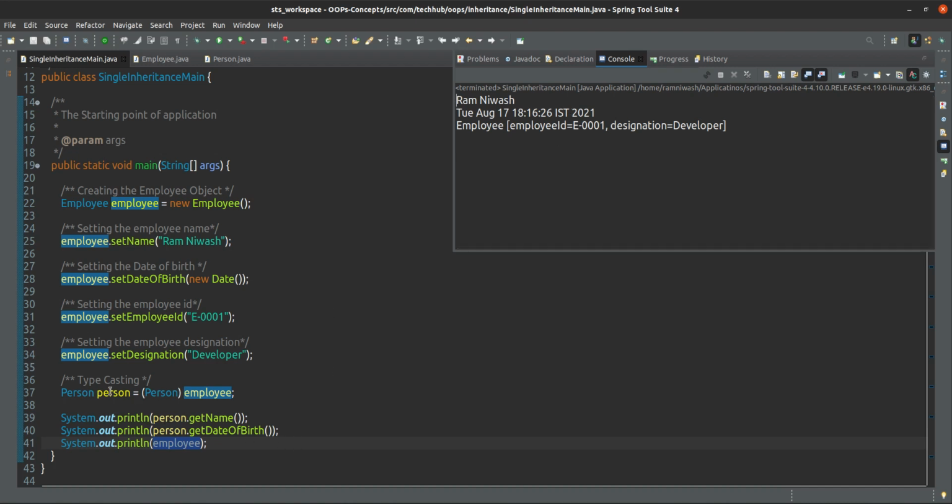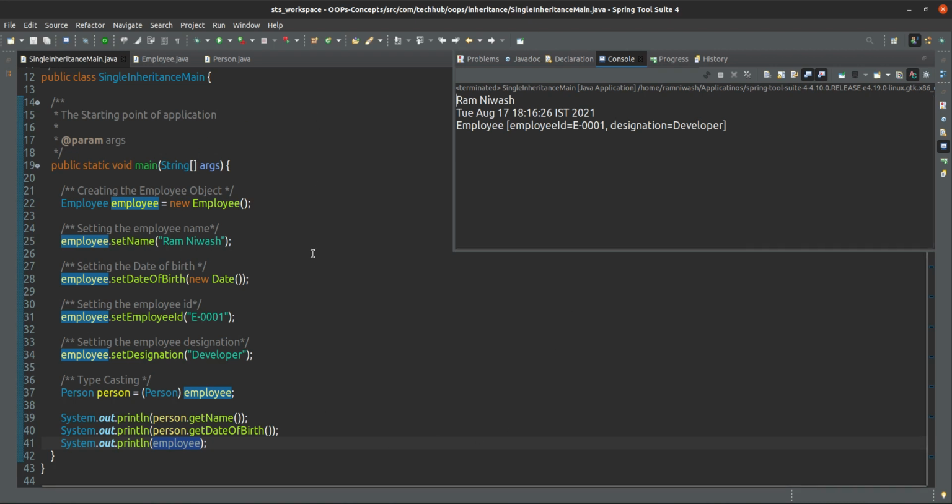We are printing from the person class, and the date of birth, the current system date, is also coming from the person class. Whatever details remain inside the employee object, we are printing with the toString method: employee ID and designation.